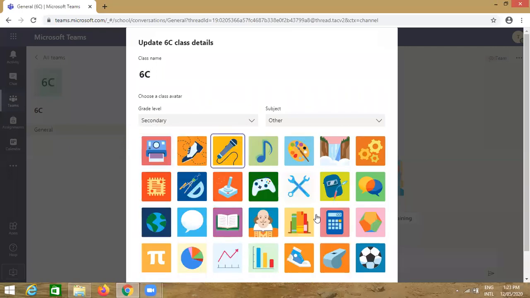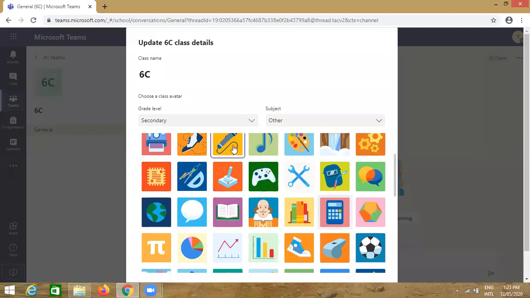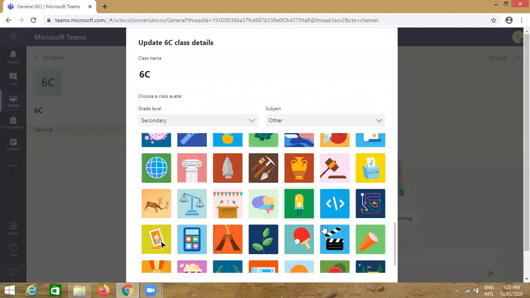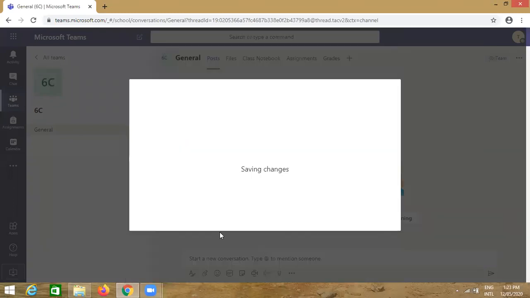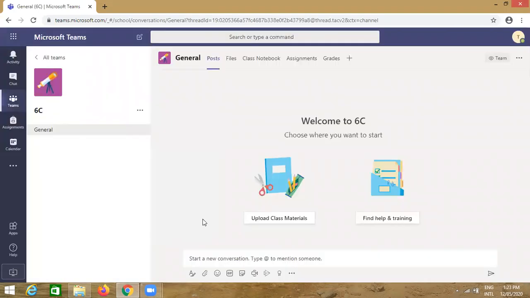Secondary level. Select this picture. Update. Okay, now you see here that the picture is changed. So like this, you can make the changes.